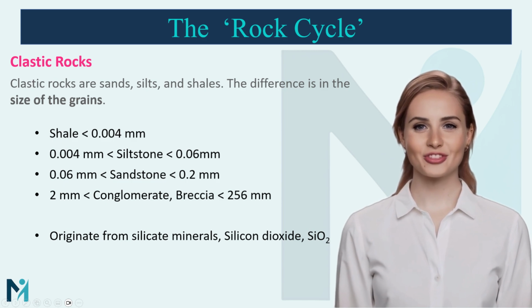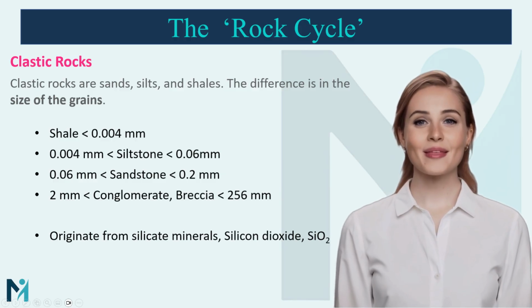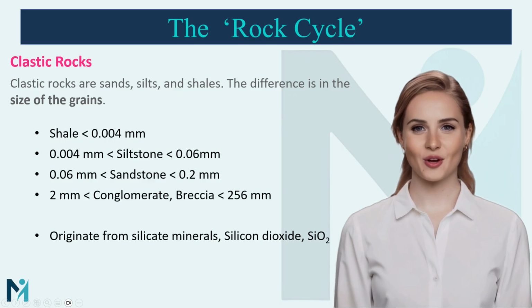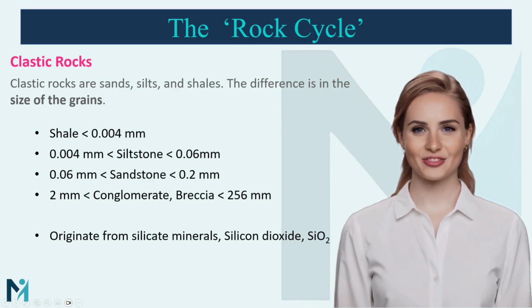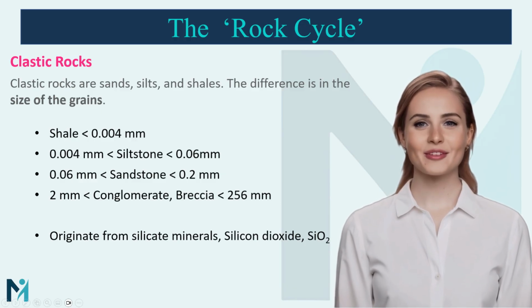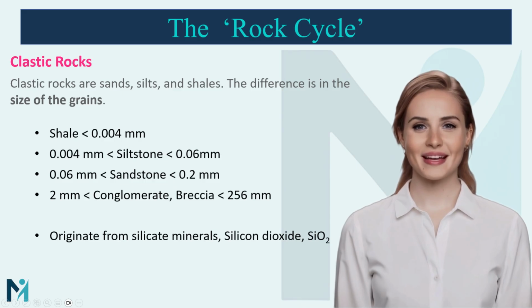Next, we have siltstone, which bridges the gap between shale and sandstone. The grain size for siltstone falls between 0.004 millimeters and 0.06 millimeters. Siltstones form in slightly more energetic environments than shales. Think floodplains or deltas, but they're still considered tight formations with relatively poor fluid flow. In the petroleum context, they're usually non-reservoirs, but they can play a supporting role as part of a larger stratigraphic